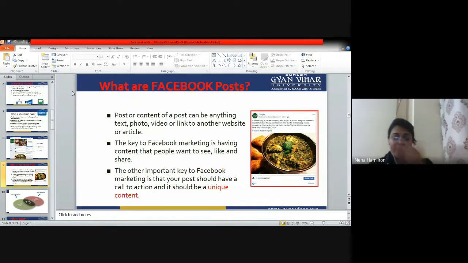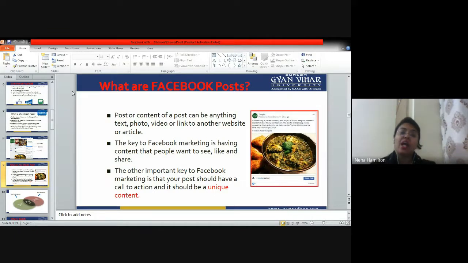For example, I have shown you a Facebook page of Lifestyle stores. So, for example, Lifestyle launches a competition: share your Rakhi look with us and get a 1,000 rupee free coupon of Lifestyle. This is very simple. Everybody gets dressed up on Raksha Bandhan. Why not take a selfie, post it on the Lifestyle page, and if you are lucky, you'll get a 1,000 rupee voucher from that, right? So this way, very innovative, unique content should be there that people should like and